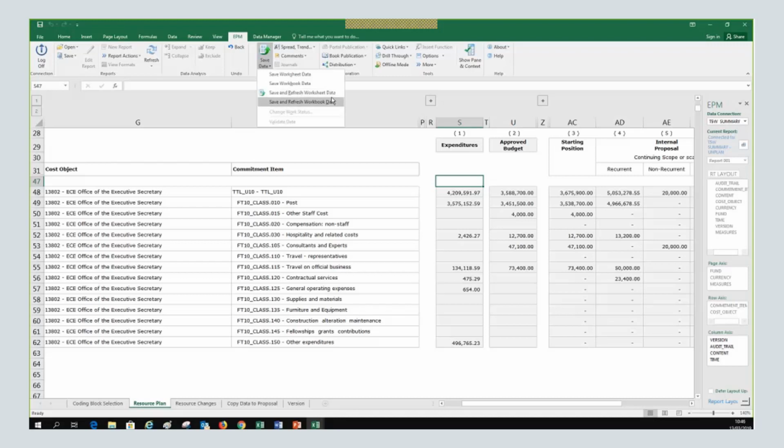The difference between the two is that if you click on save worksheet data, the first one, it will keep the view intact after saving the data, but it will not change the row total. Whereas if you click on save and refresh worksheet, then all the totals and subtotals will be saved, and then you can move on. Okay, thank you. That's a good comment.